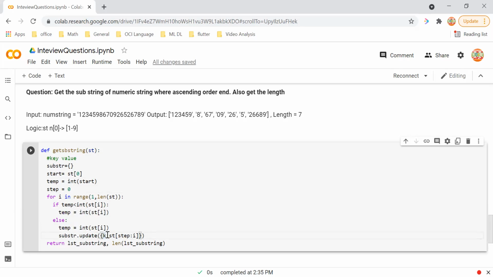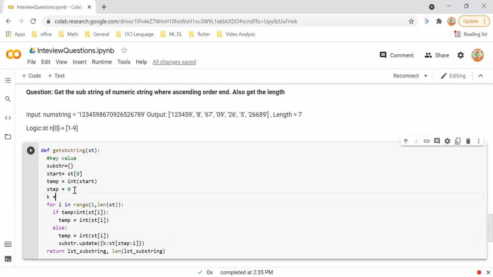Here, guys, it is a key-value pairing that will be happening. Though k is not going to play any role, for the sake of creating a dictionary we have to have it. Let's define k and just start it from 1 or 0, right, guys? It is not going to matter. So now the first pair will be like this. Let me just